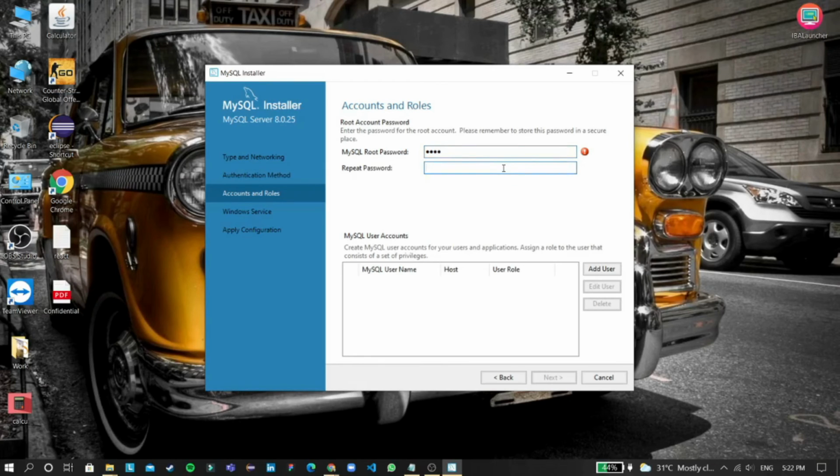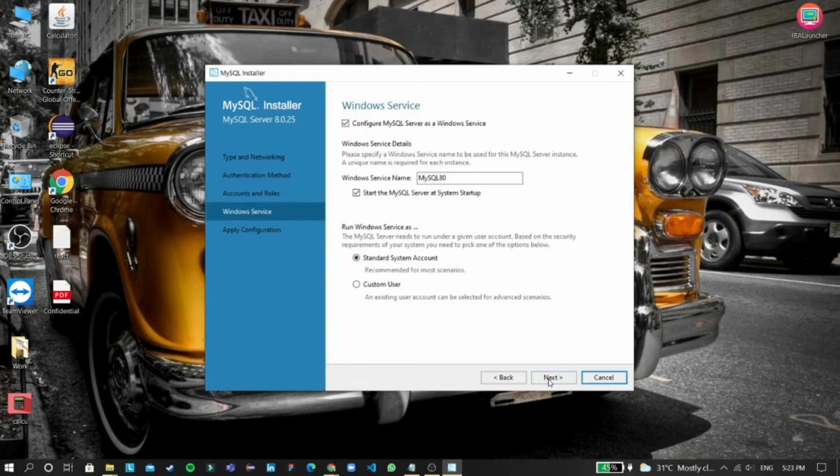You can also enter root or the password which you will remember, but enter such a password that should not be weak. For now my password is weak, it doesn't matter, but when you enter the password, make sure the password is strong and you can remember that password. If you want to add any user, you can add using this add user button. Now I will click next.